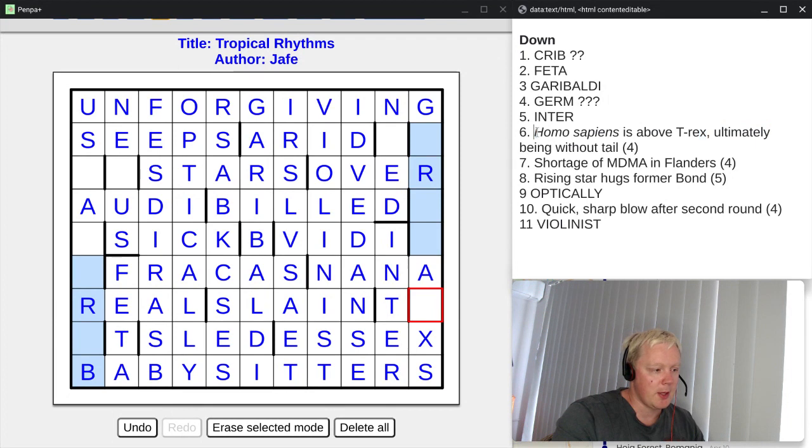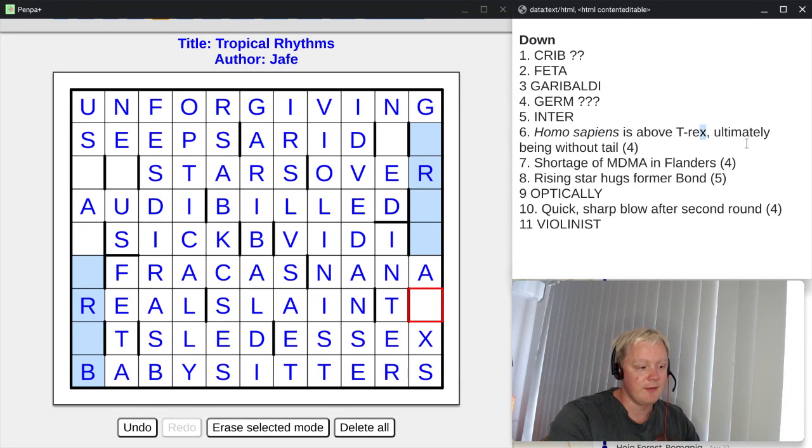Now, what is Homo sapiens then? That is above. This is a down clue, remember? These are down clues. So Homo sapiens, you can refer to the human race, the Homo sapiens, you can refer to them as man. Man discovered fire or something. Homo sapiens discovered fire. So man above